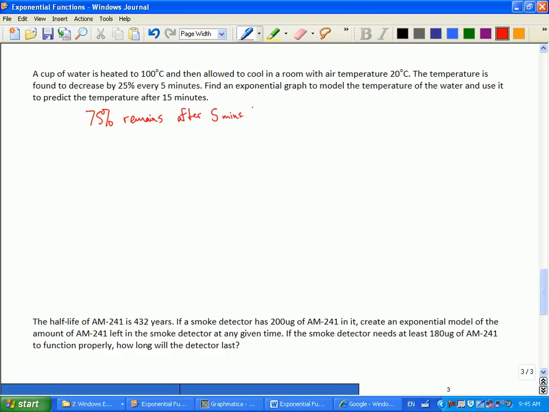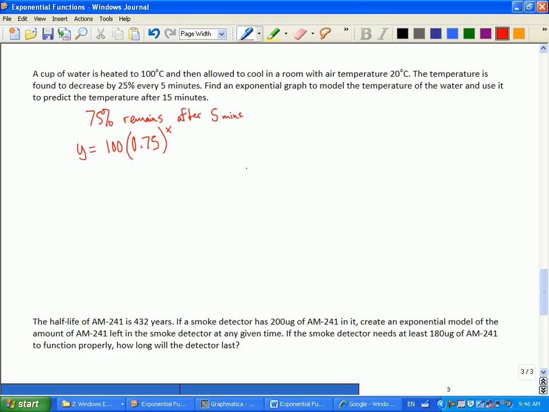Whatever you're modeling, sometimes I suppose it's not helpful, but more often than not, it's helpful to think of what's left, not what you lost. Because that's the quantity we're measuring now: we want to know how much temperature we have, not how much temperature we lost. So 75% of the temperature remains. So if I wanted to show you what that would look like, here's a model for it. We started at 100 degrees Celsius, and 75%, I'll write it as a decimal, 0.75, and let's